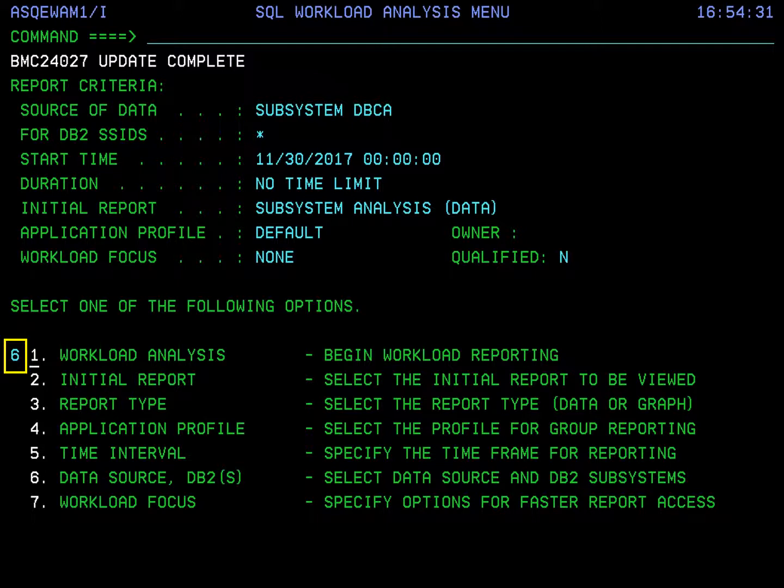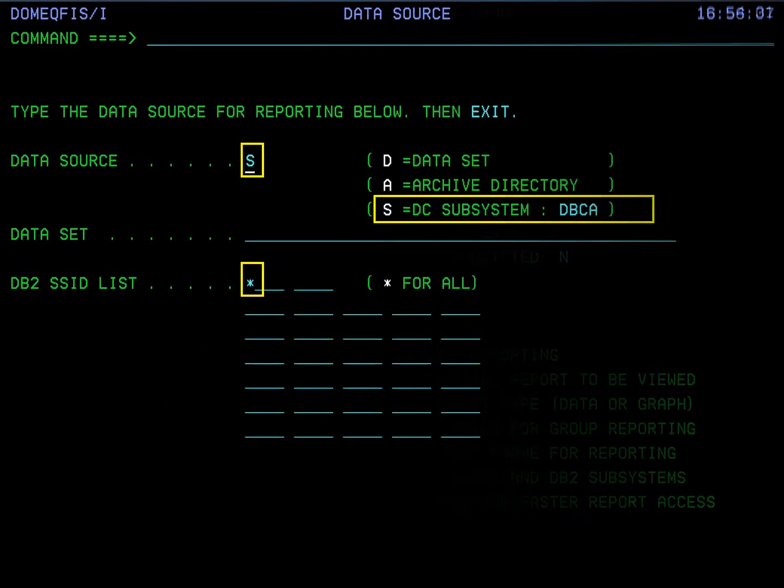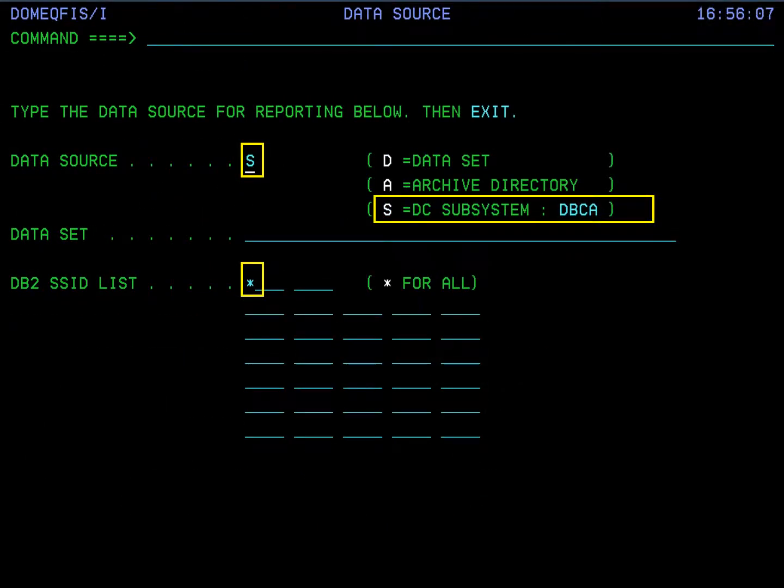Now that we have selected the starting point for our reporting and the data interval of interest, we next want to look at the data source options that are available for this reporting. So we select Option 6 from the SQL Workload Analysis menu. We are now in the Data Source Options selection panel, where we can see that we have three different data source options. We can use the current data collector as we have done in our example by selecting Data Source Option S,